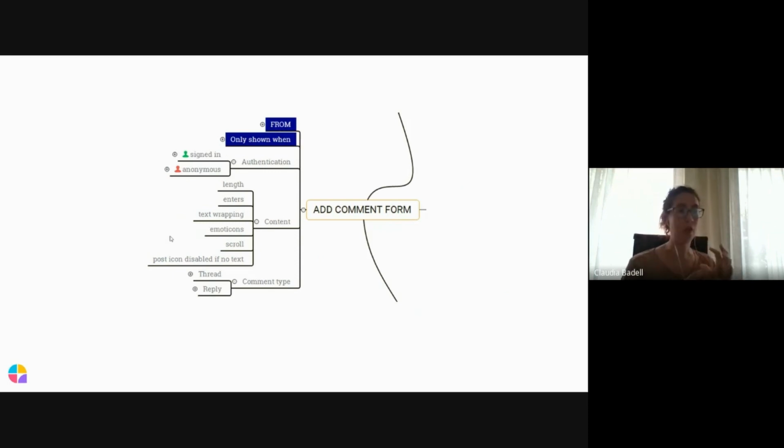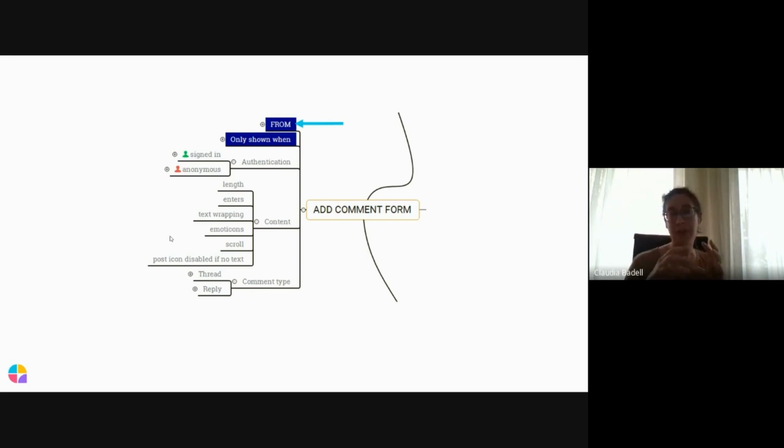As a team, we define some conventions while designing the mind maps. For example, the "from" label with the blue background implies that under this node, you will find information, for example, from where the feature being tested can be triggered. This type of label is included in all our mind maps, so it's easy for us to identify this type of information through the different mind maps.